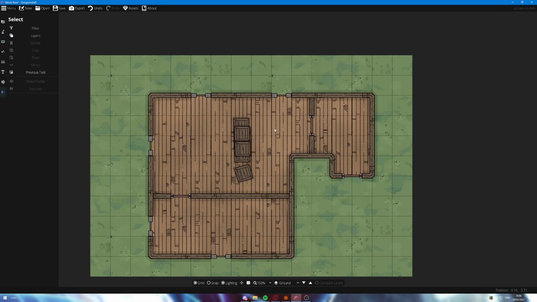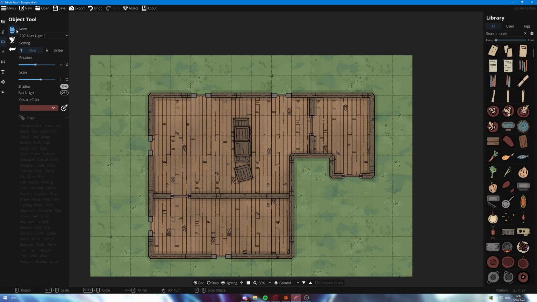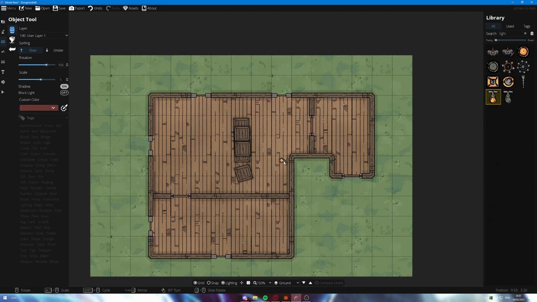And then what I'm going to do is grab the selection tool, highlight those that are in a stack, and over here on the left I'm going to allow them to block the light. And what that's going to do is it's going to speak to Foundry when we export this, and it's going to do some cool things with blocking of light. And then just to show how that looks, I'm going to go ahead and put a torch on the wall here,